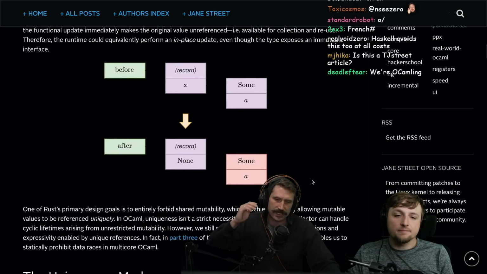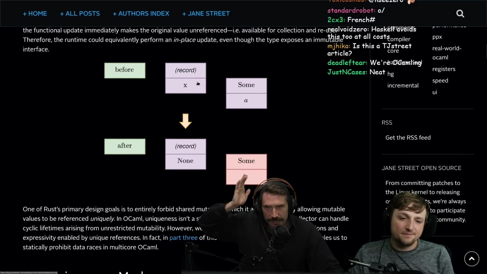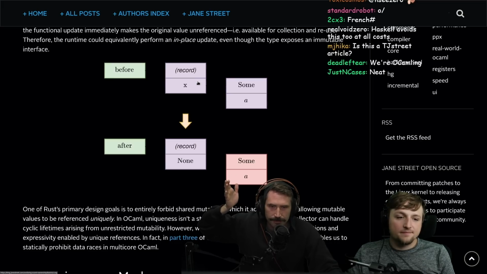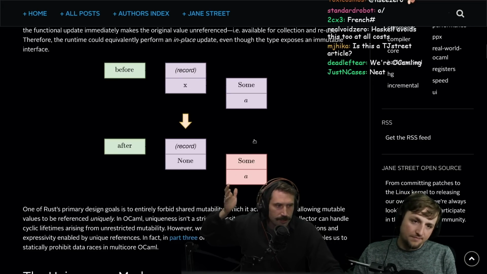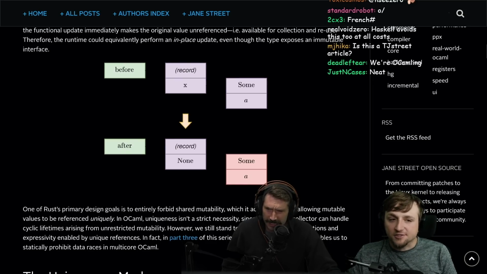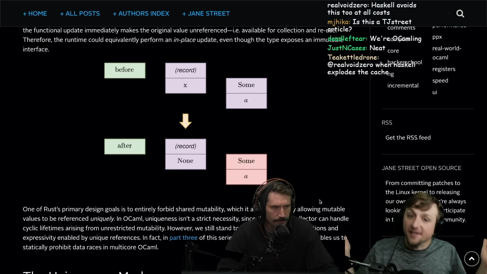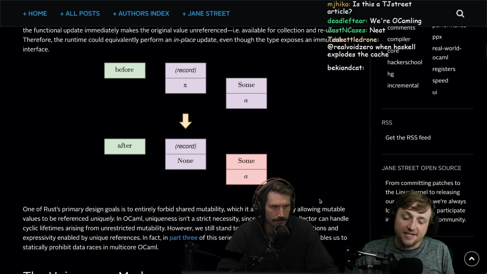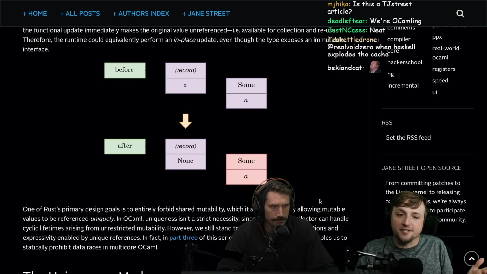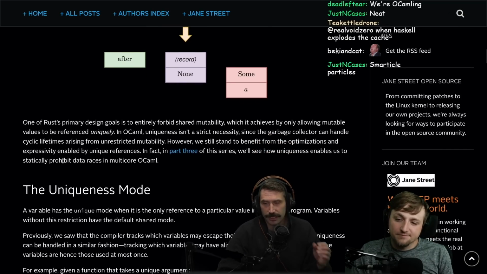Oh, I see what they're saying. Because this record is solely owned, it effectively has a ref count of 1. The only thing you need to allocate anew is a new option type right here, right? Which is clever. That's really cool, because if the compiler knows that there aren't any other references and it can't get referenced again, it can just do something way smarter, like not allocate. That's super clever. I like that.